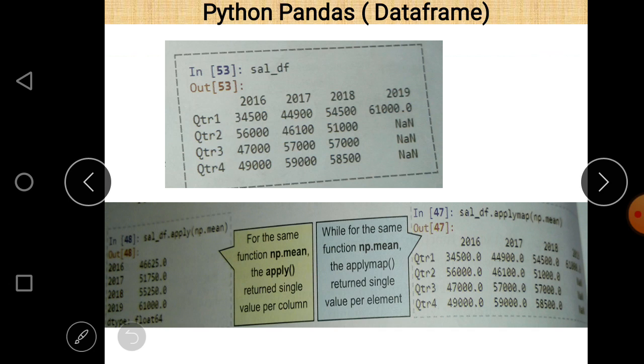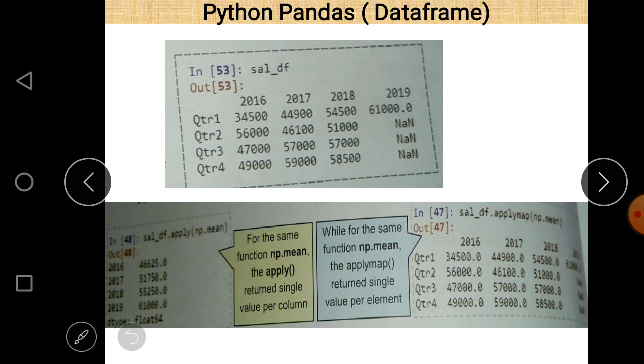The names of the columns are 2016, 2017, 2018 and 2019. The names of the rows are qtr1, qtr2, qtr3 and qtr4. The value for qtr1 in 2016 is 34,500, and the others also have values. Interestingly, NaN appears here. NaN means not a number.